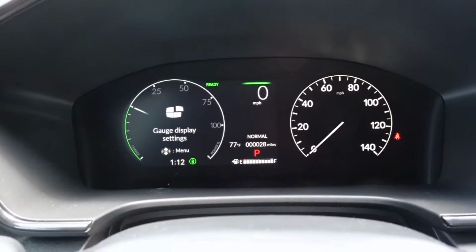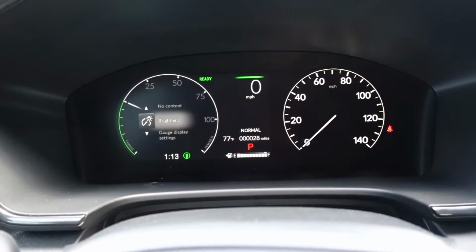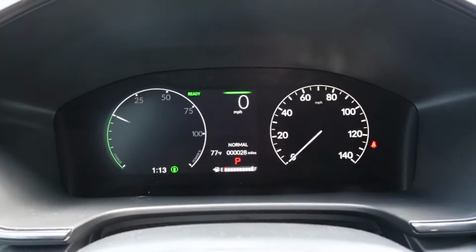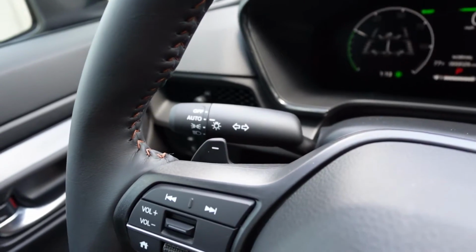You do have to back out every time to see what is in each screen. A few more items you can scroll through, going and do some settings within the car, safety, maintenance, and then some nice displays as well. So pretty cool overall. You can see on the left side we do have a set of steering wheel mounted